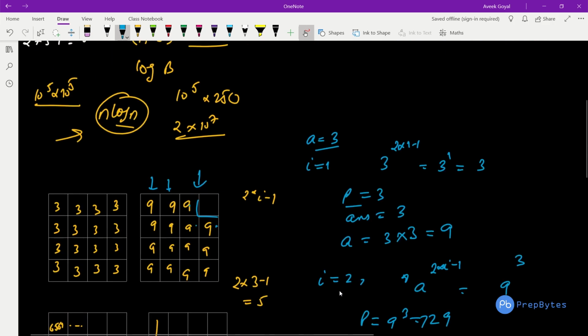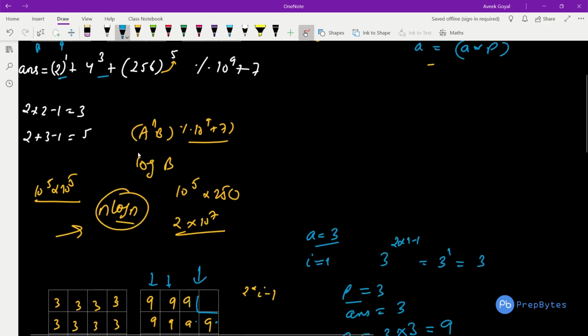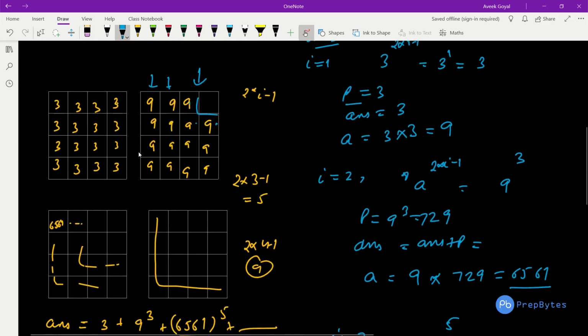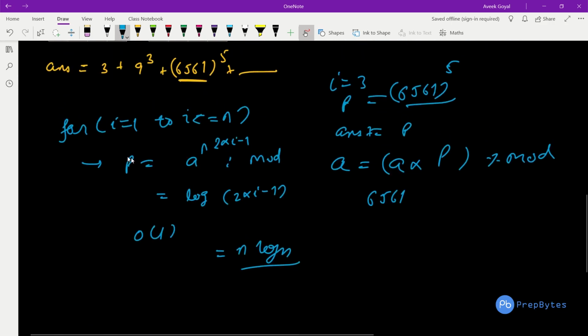A very straightforward question. You just have to observe these points, that what is a. a was 2, then a became 4, then a became 256. So how did a become 256? How did a become 4? It is nothing but the multiplication that we are getting. This is explained in the question itself. So this was not that difficult to see and observe. Just take 2 or 3 such matrices and it is very easy to observe this. And this is a really simple code. You just have to know how to calculate this part.